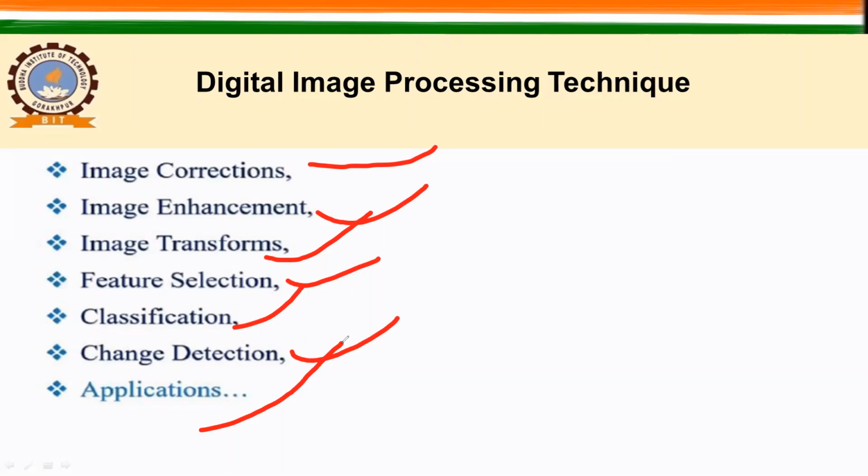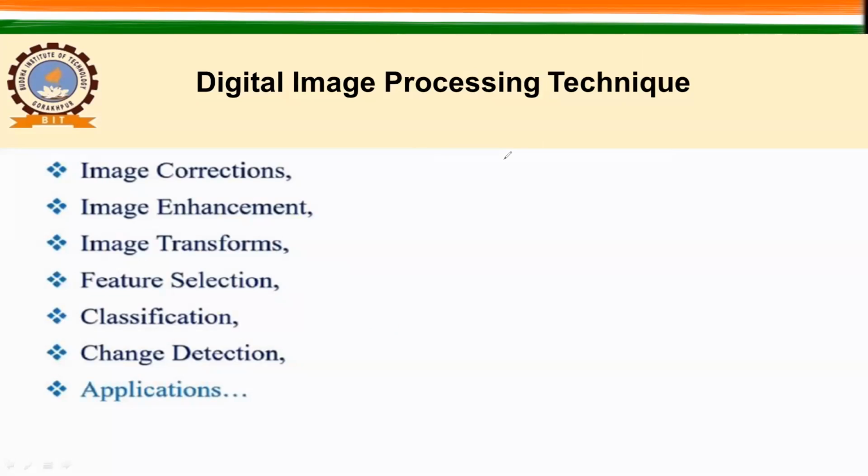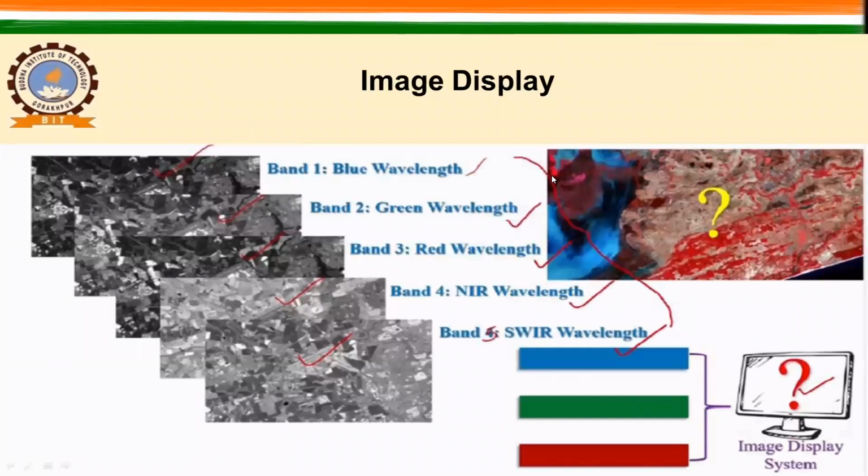So slowly we will get into this image processing. But before that, do you remember that images which are captured by satellite are actually captured in different wavelengths? Yes, we all know that images captured by satellites are captured in different wavelengths, right? Now let us proceed forward. So for an individual area, you have many images in different wavelengths, right?